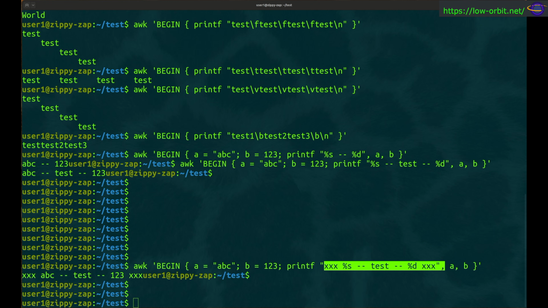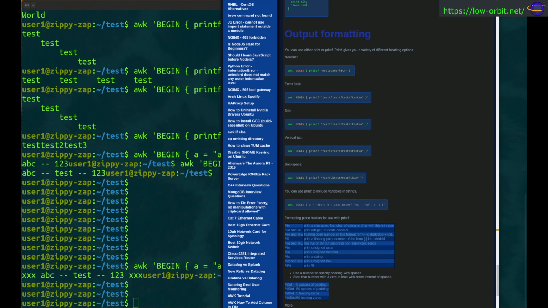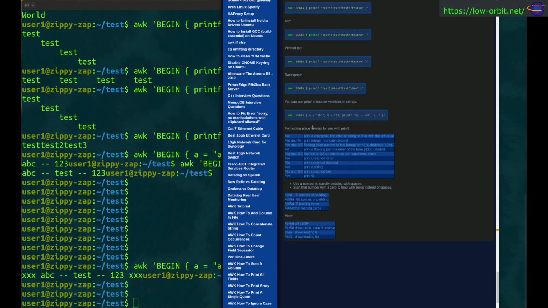Now, I'm going to drag the browser on screen. That was the last demo, that command that I wanted to demo. But let's look at this. So output formatting. This is basically the bottom of my guide. And again, check the link in the description for this guide. So we have